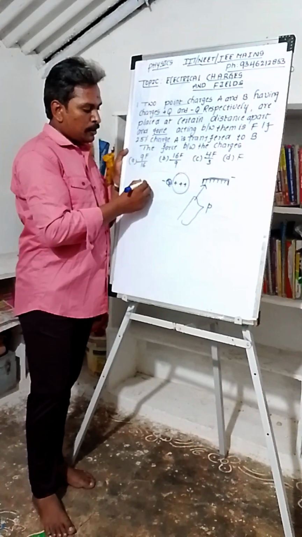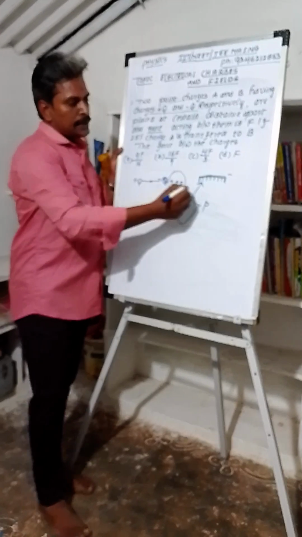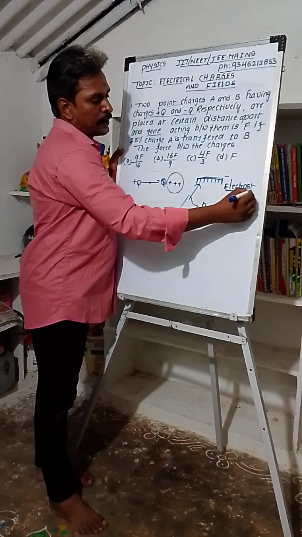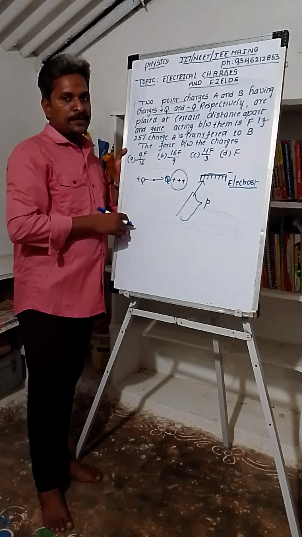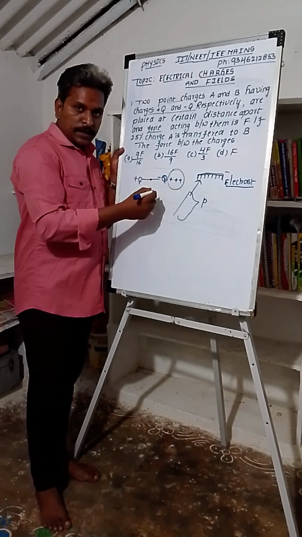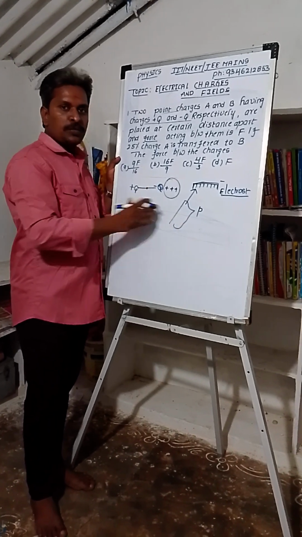Where we are discussing force, that is nothing but electrostatic force. It is also a force at a distance, also called a non-contact force. There are two types of charges, there is no physical contact, so force at a distance, these two will